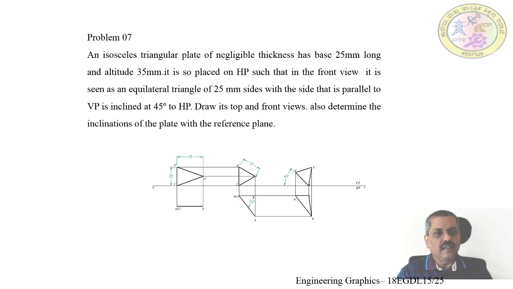It is only the customary way to draw whether edge or corner on which it is resting on the left hand side. Fundamentally speaking, you can even draw on the right side, but tilting will become in the opposite direction. Anyway, don't get confused. You just follow what I say. Whether it is resting on edge or corner, that should be on the left hand side. That is how we have to consider. Where to construct and how to construct, these are the two important aspects. Where to construct will be decided by angle of inclination, and how to construct will depend upon whether it is resting on edge or corner.